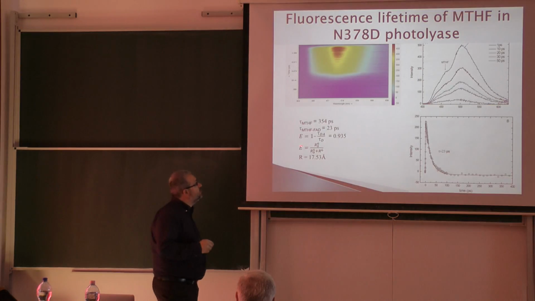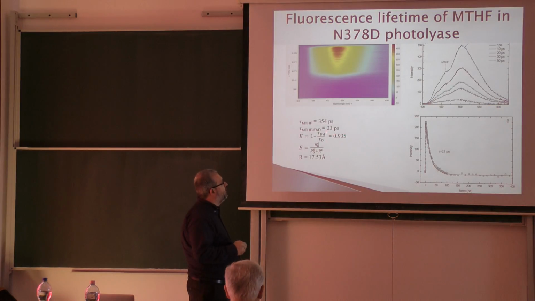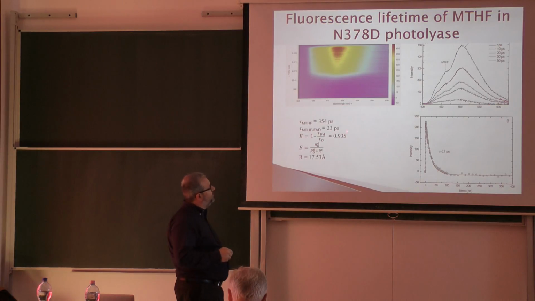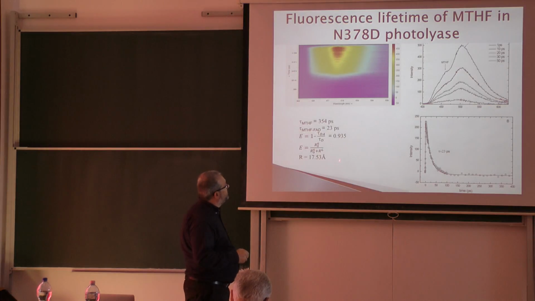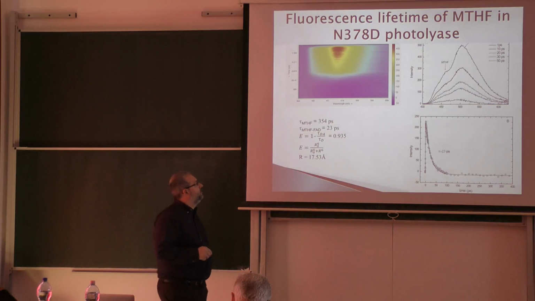Now, if you measure it in the protein, it's only 23 picoseconds. So basically, the efficiency of your energy transfer is 0.93. Basically, if you stick in the numbers, you will get that the distance between MTHF and the flavin is 17.5